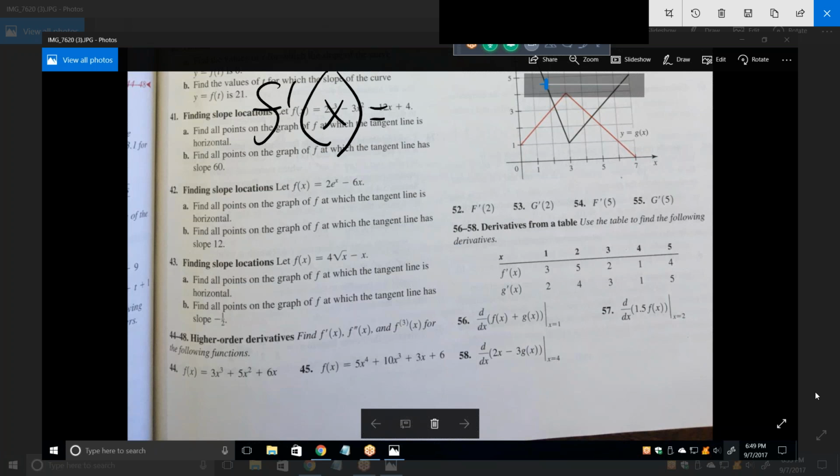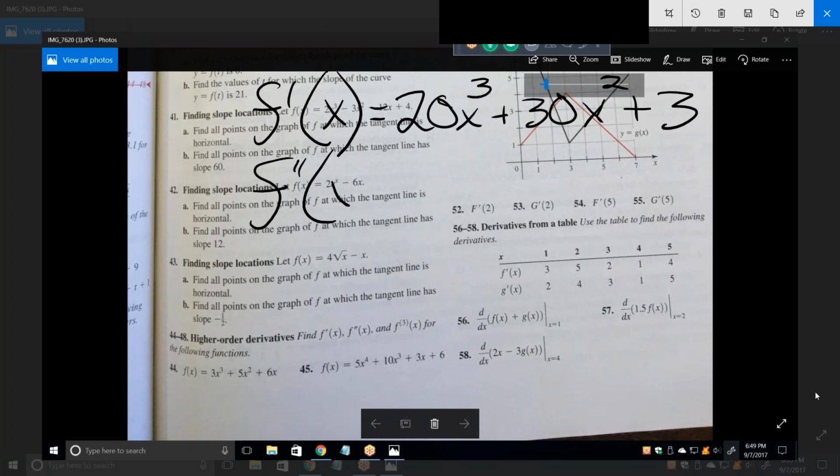So for 45, the first derivative would be 20x cubed plus 30x squared plus 3, and then the second derivative would be 60x squared plus 60x, and then the third derivative would be